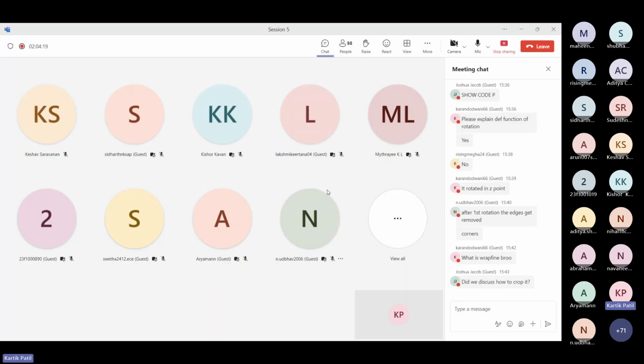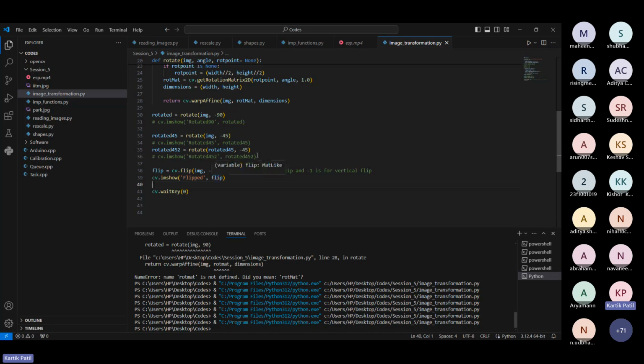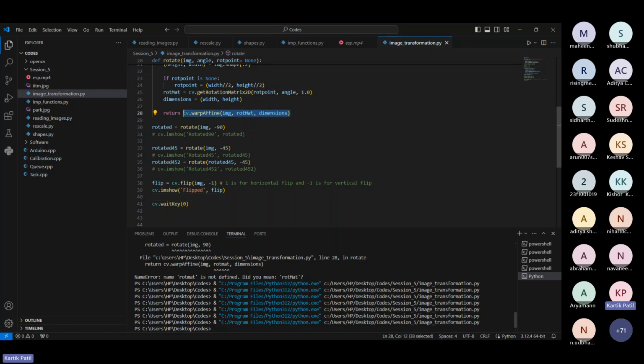Okay, it's okay, right? Did we discuss how to crop? I think crop is remaining. Oh, sorry, I missed it. Crop. I will discuss the crop function too. Fine. This function, as I said, don't worry. Just use this in the function. It will work. If you want to go in depth,